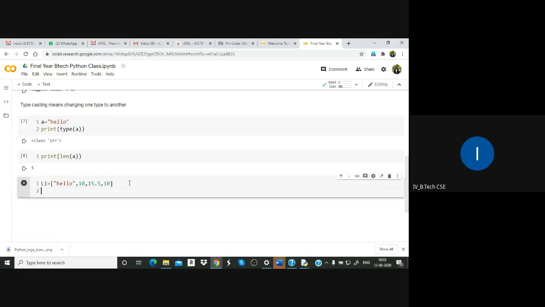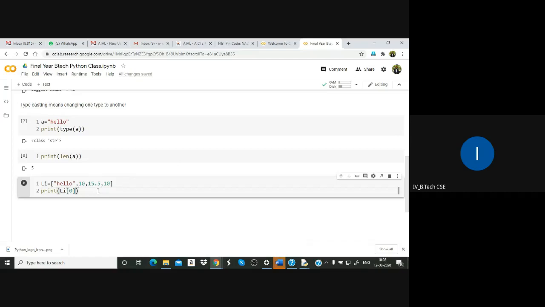This is an ordered collection, and you can get the elements of a list using its index, li of, sorry, like this brackets you have to give 0.